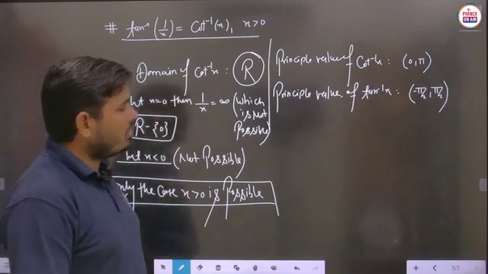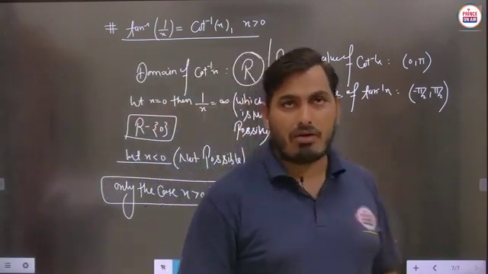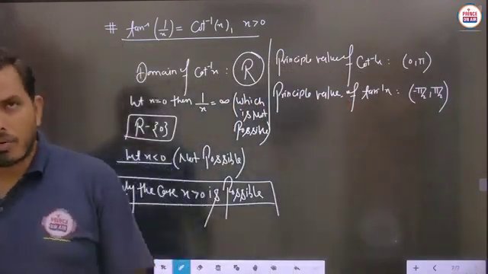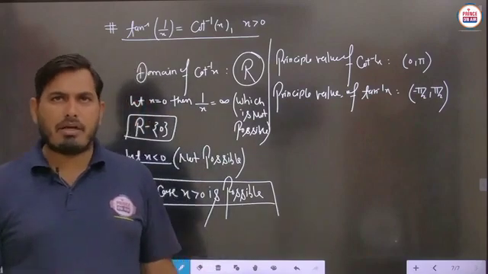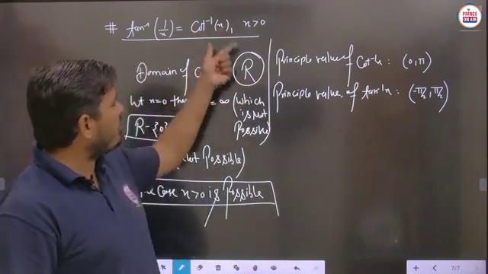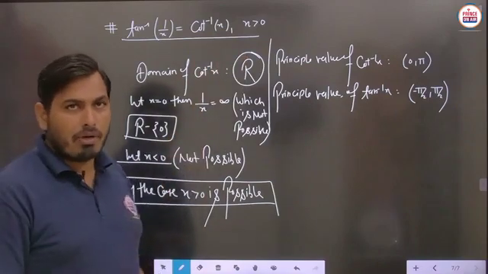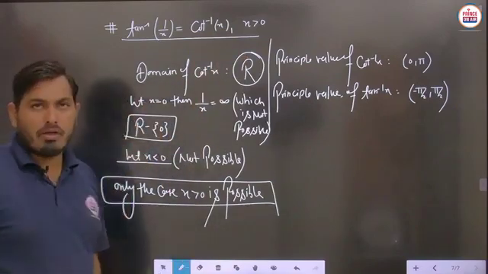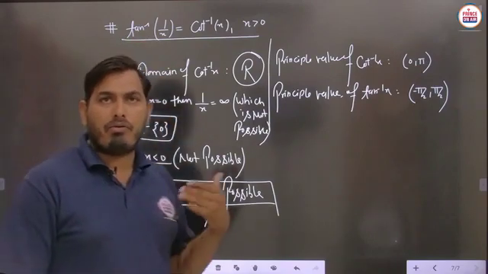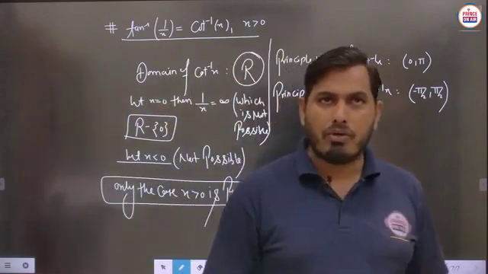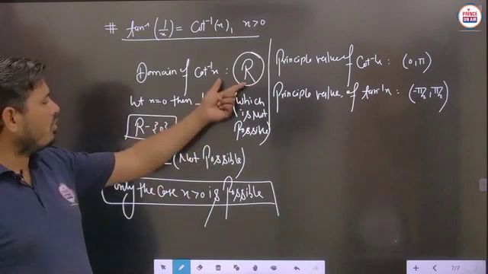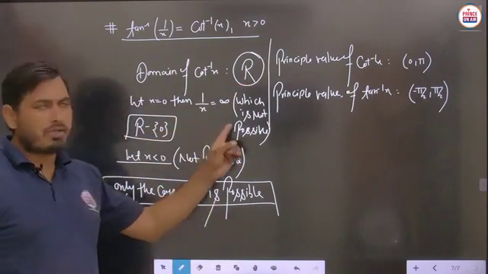So basically, in this case, a very important thing, again we are just describing. Student, the cot inverse x has the domain R, no problem, but the whole domain will be considered as the intersection of both, means the domain must be satisfied on both sides. Here, for this side you can take the domain as R, the set of real numbers, but in the set of real numbers 0 is also to be included. Then if this 0 is taken, 1 upon x will give the value infinite, and for this part tan inverse will give the answer pi by 2, and pi by 2 is not included. So for this purpose we have to change the domain here to R minus 0. So 0 is not possible here.